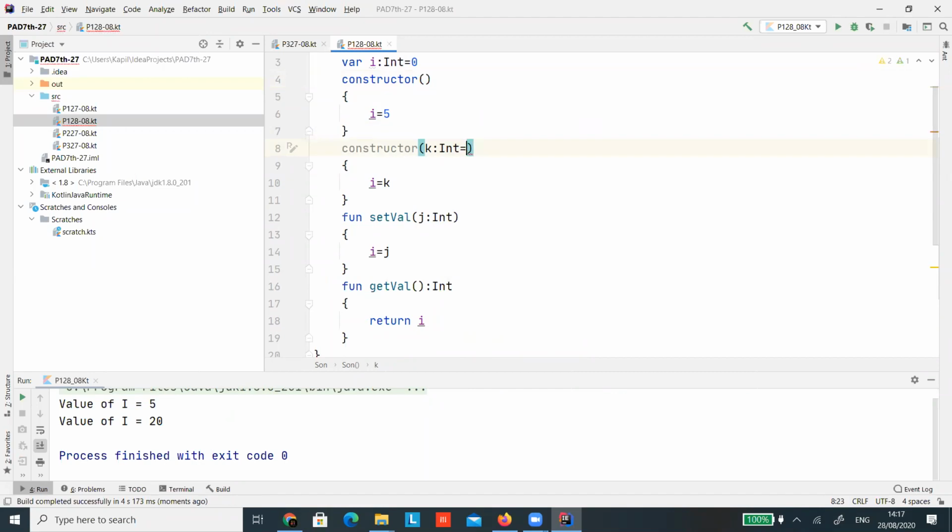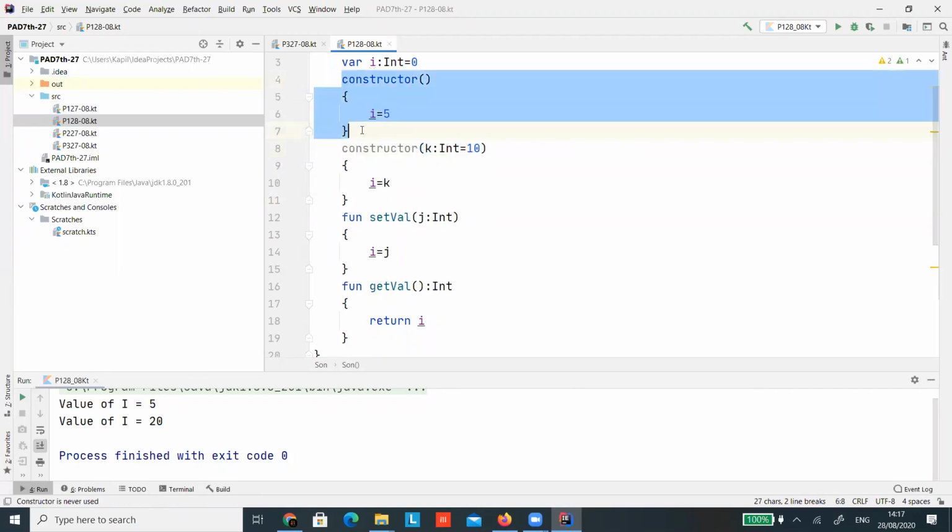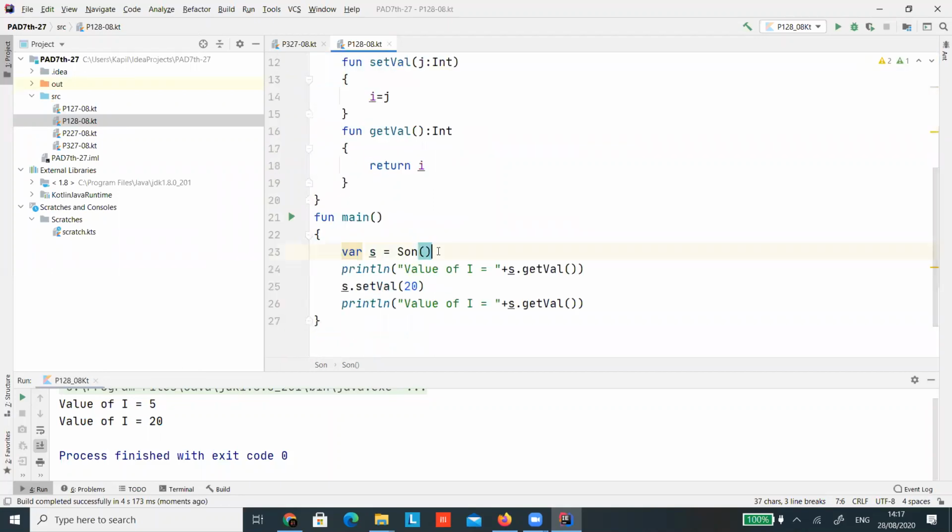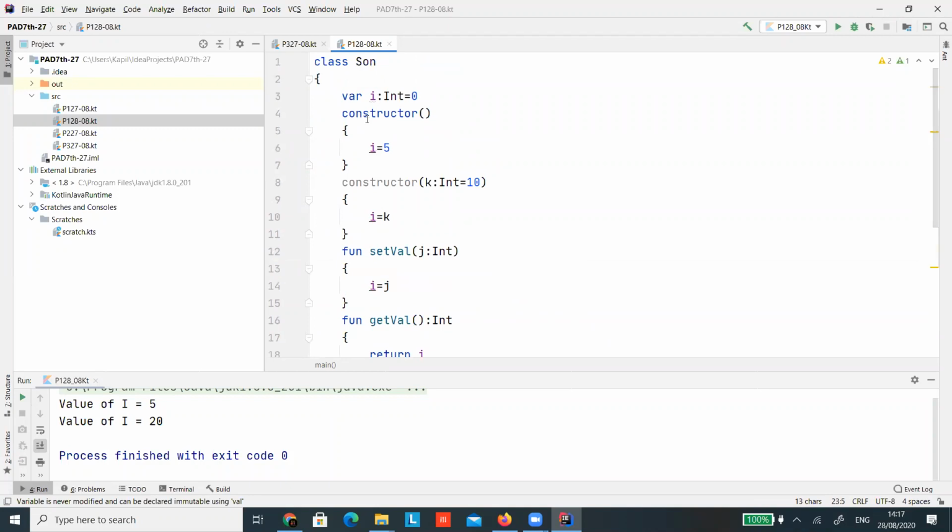So let's set it with 10. So now it means that this constructor is going to be called with the value 10 if it is called, and if this constructor is called, then it will be called with the value 5.